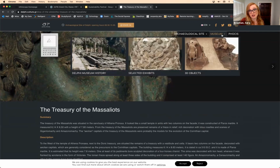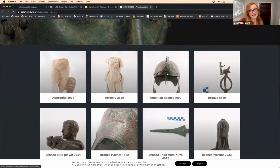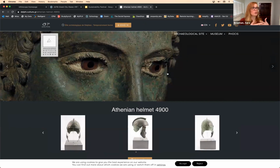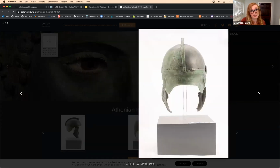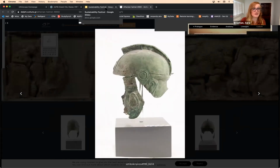And they can also look at objects that have been unearthed. Again, giving them a little taste of that hard science of archaeology, bridging with history. And they can get up close and personal with many of these objects. It's kind of a choose your own adventure, as we've said, where they can go through and find what piques